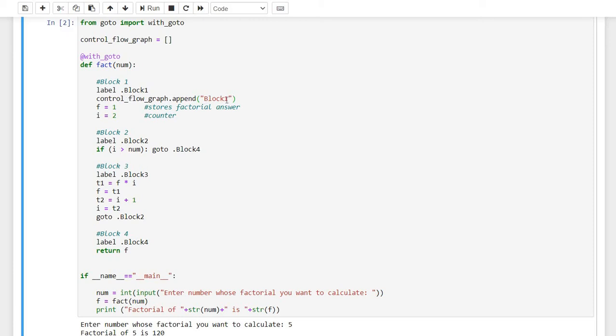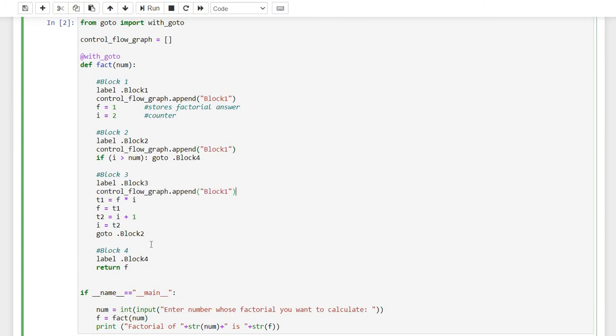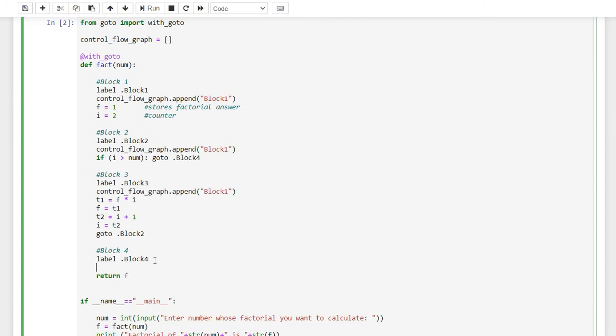So I'll just append block 1 into my control flow graph list. Now similarly I'll do that for block 2, block 3 and block 4.